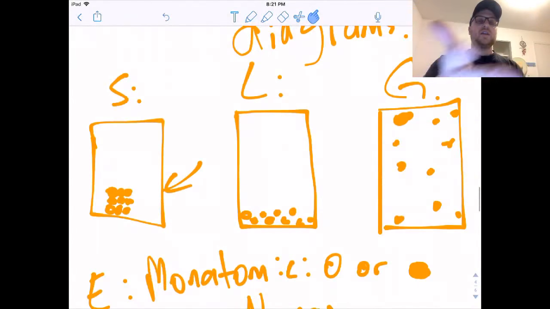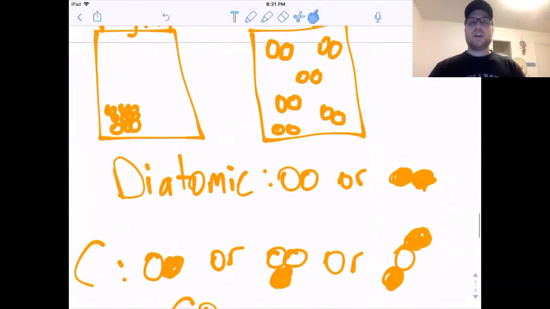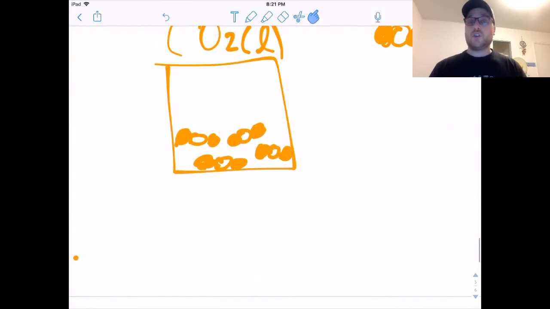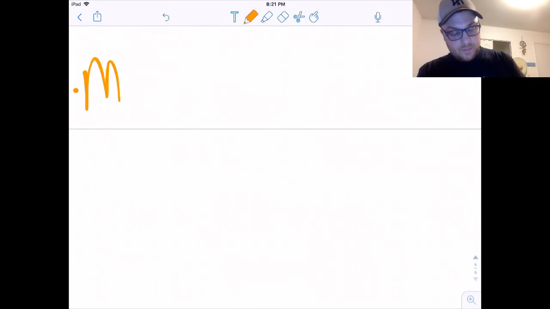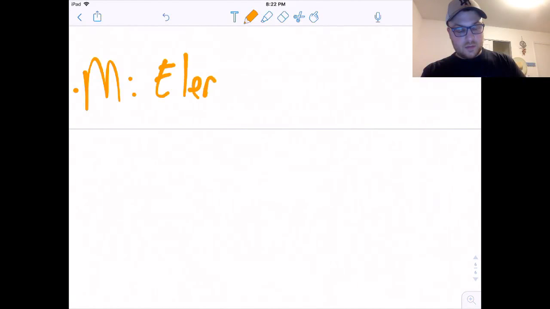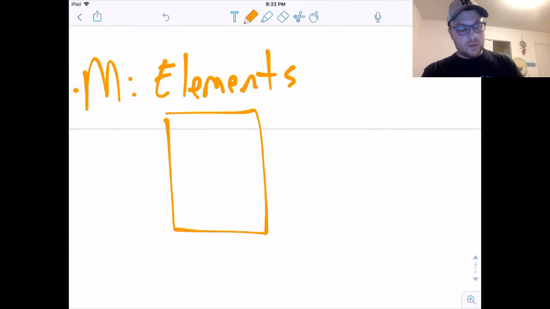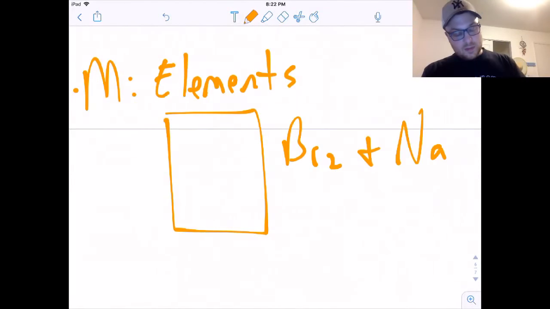And then the last is a mixture. And you can have like 3 different types. You can have a mixture of elements, which would look like this. So I'm going to do a mixture of Br2 and Na. So Na, since I know it's a metal, let's say we're at STP or whatever temperature it is, Na I'm going to draw as a solid,